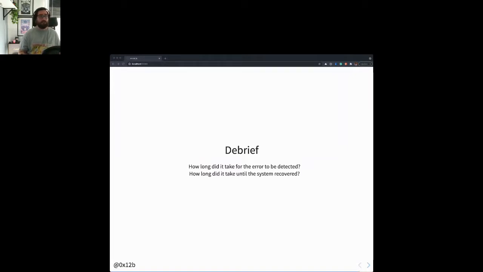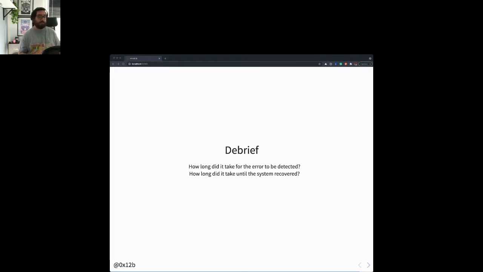We can also ask ourselves, how long did it take until the system recovered? And in this case, it's actually hard for us to know because we only run the steady state once. So here we would need to add something else on top of this to make sure that we capture what happens after the test has finished. Maybe we should add some sleep before doing the steady state check, but then we would miss other things. So we need to play a bit with this to make sure that we find